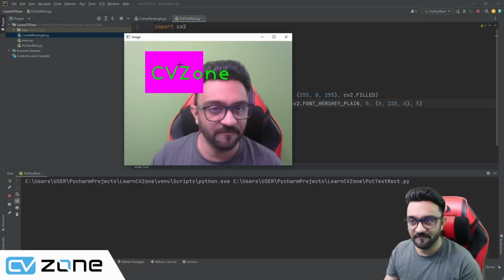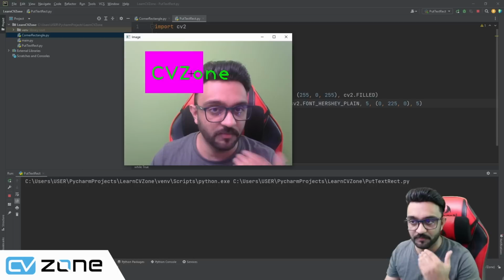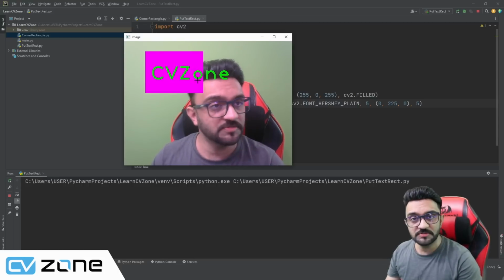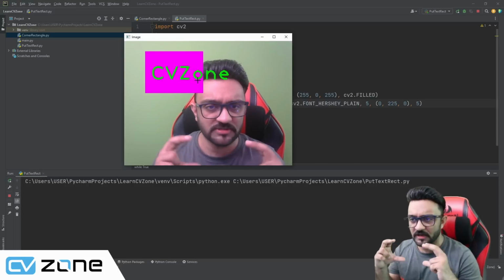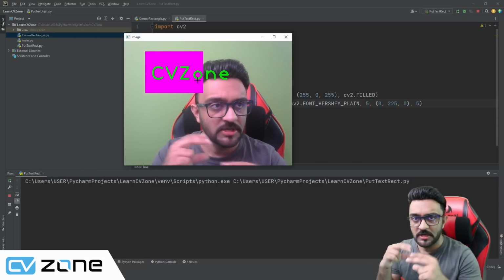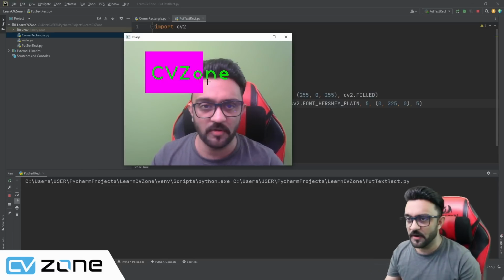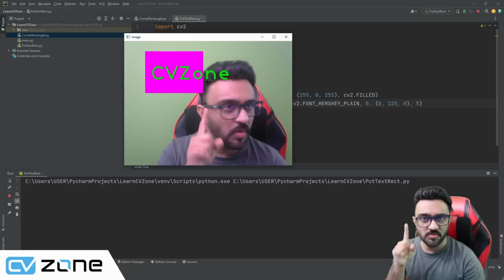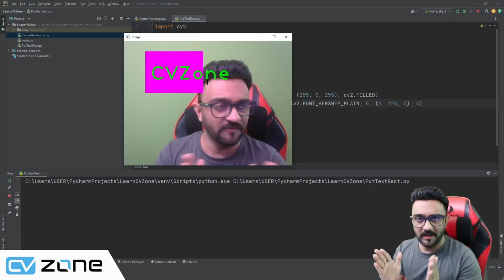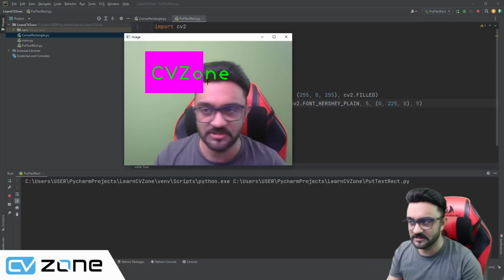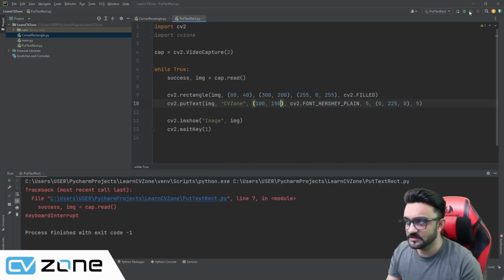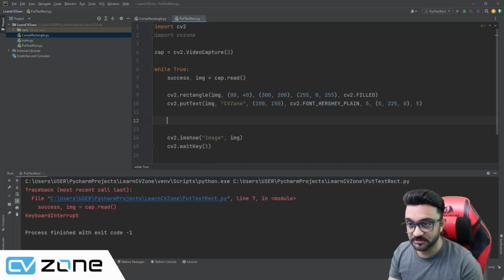So as you can see, we have put the text and we have put the rectangle as well. And now it looks much better, but it's difficult for us to imagine or to guess where exactly is the bounding box. And if we just change one single letter or alphabet, then the sizing will completely change. So for that, what we have done is we have created a simple function called